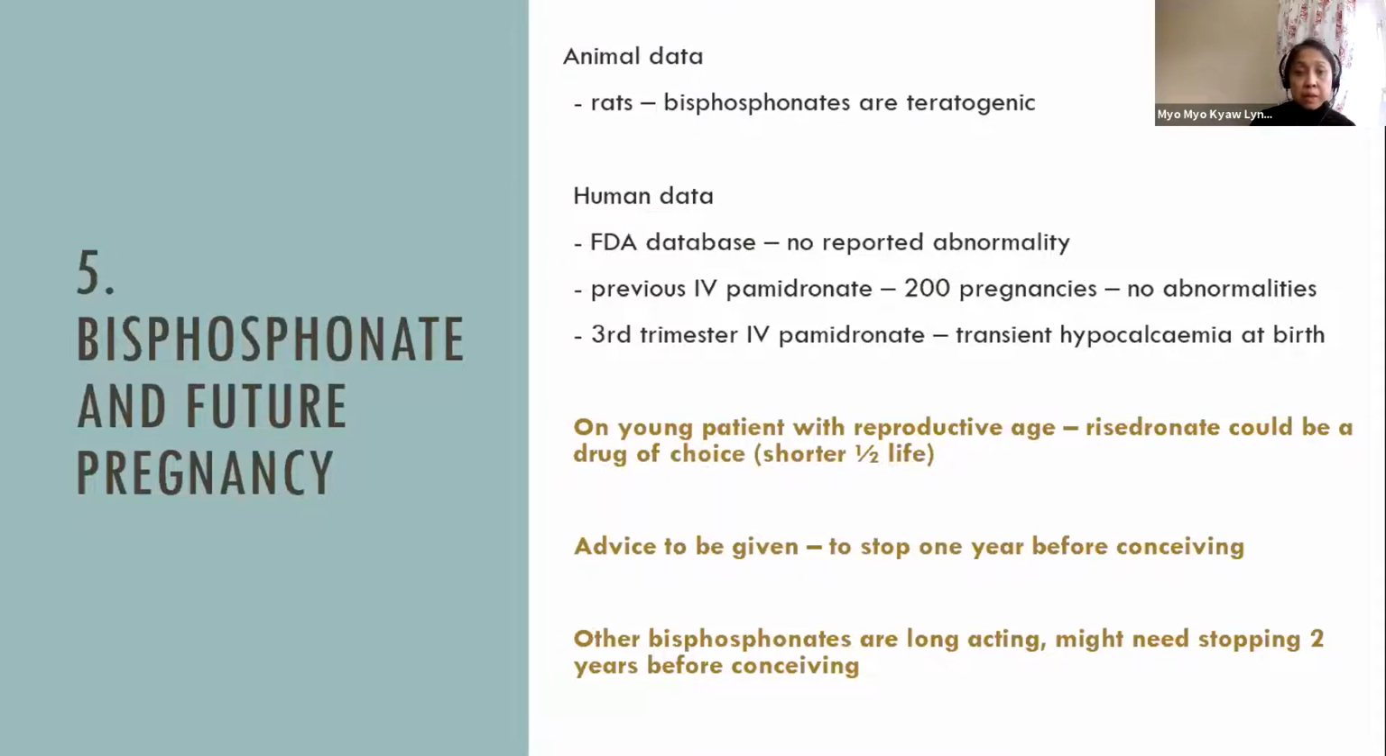There is actually no full data to confirm whether you have to stop 1 year, 2 years, or 3. We don't have this, but what we know for sure is that risedronate is relatively shorter acting, so we can say it is relatively safer, but you still have to stop 1 year before starting the pregnancy. It is also applicable in patients with renal impairment. You can use risedronate if the eGFR is more than 35. However, if the eGFR is less than 35,